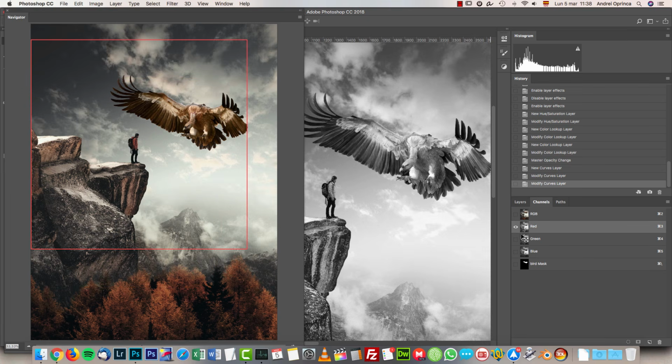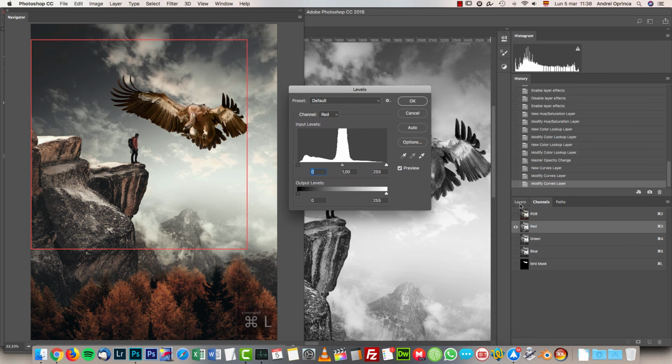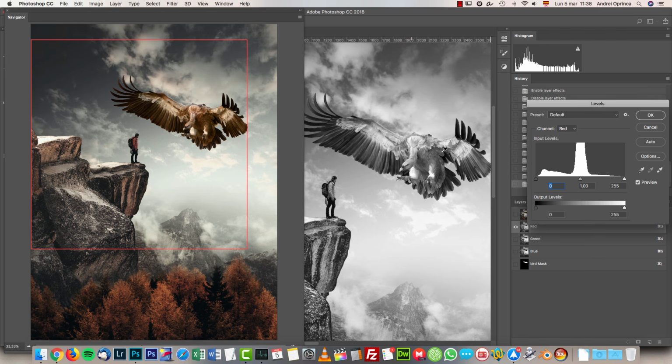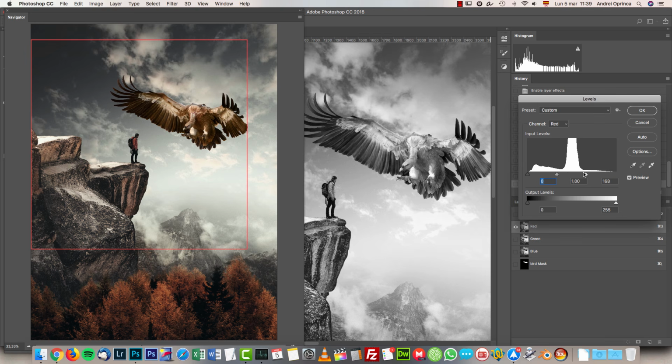We're gonna start with the red channel, and we're gonna use levels for that. So press Ctrl+Command+L to open levels, while remember we have this layer selected of the bird. And now on the red channel, here we have the black and white version, and here we have the color version, so we can see what we're doing. Even though I would suggest to look more here on the black and white than here, because here can be a bit tricky, and because here we don't have the color, it's a variable less that we have to worry about. So just look at highlights and shadows, and when you move these sliders, you will see that the contrast